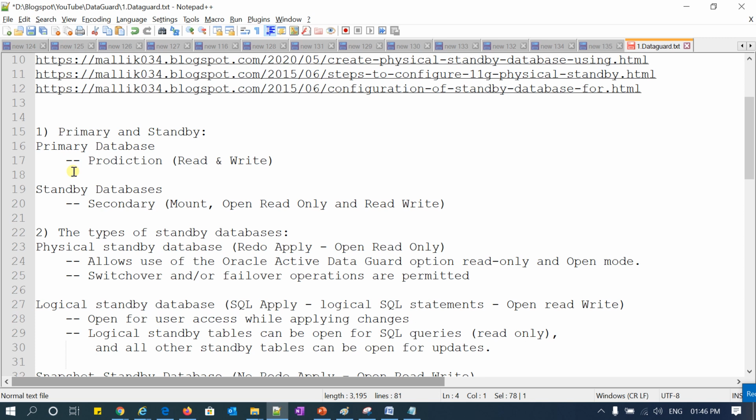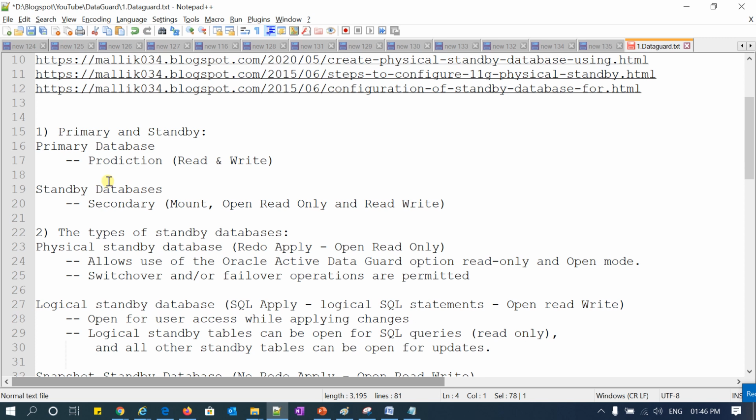Every organization does a DR drill as part of the business continuity plan, once or twice a year. What do you mean by a DR drill? You convert your primary to a standby and your standby to a primary. So you switch the roles: the primary database becomes your standby database and the standby database becomes your primary database, and then you point your application to whichever is the primary database. That is the DR drill, and we call it a switchover in the Data Guard concept.